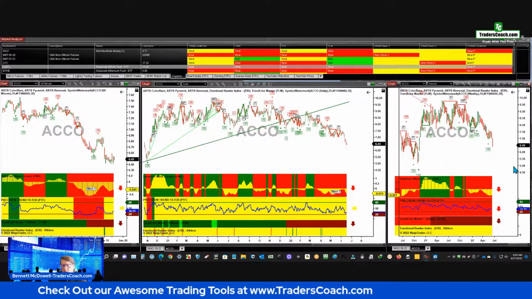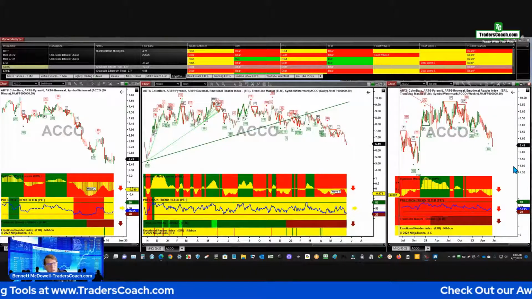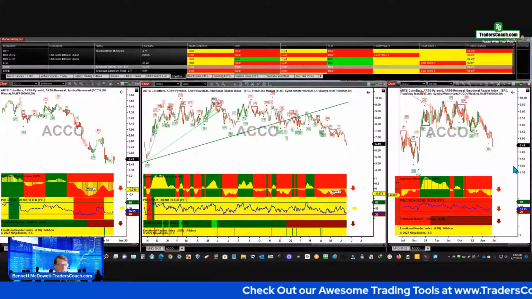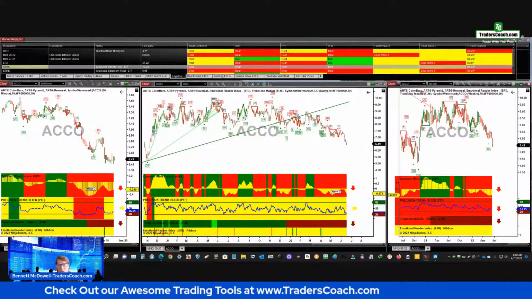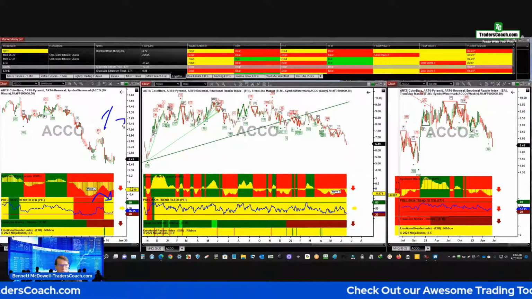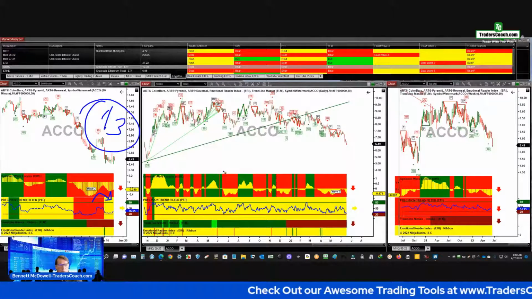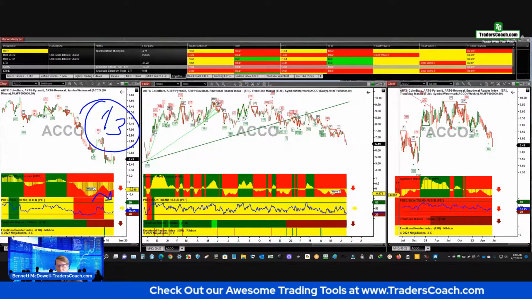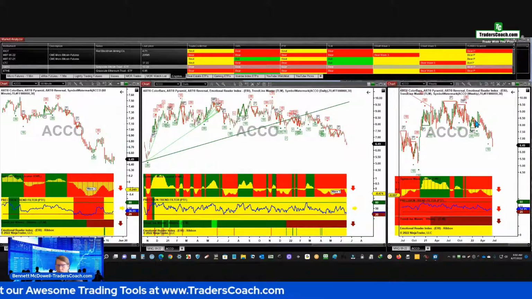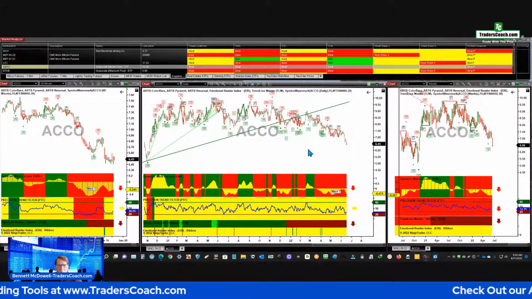you've got a red owl and a red PTF on the weekly, Frank. You've got a pretty good owl that's still red on the daily and the 60-minute, but we have no longer a red PTF. So here's the way I would have done that. When this turns yellow, I would take like a third off the table or a half, and I'd have the rest of my stops up here. That's the way I scale out and manage a trade like this, especially when it's extended.